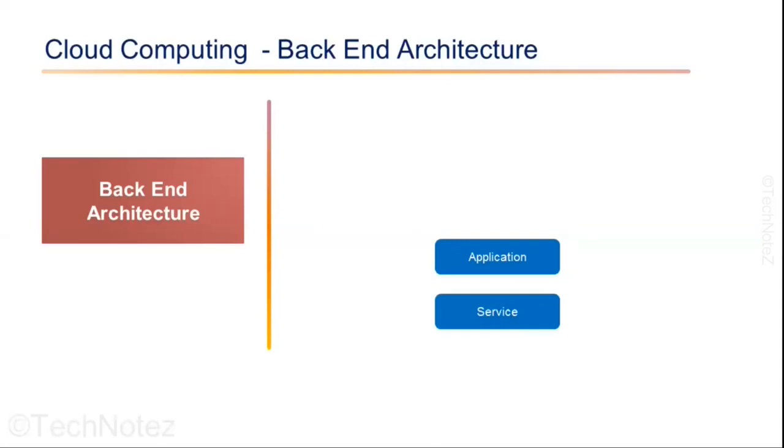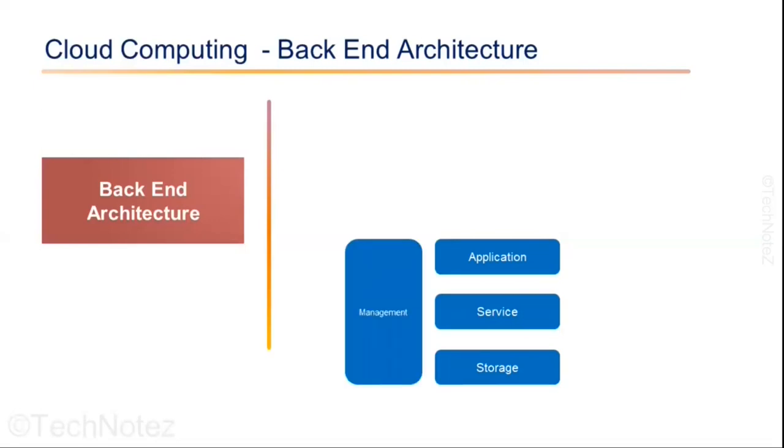Service. Service is an important component of a cloud computing backend architecture. The service handles every task that runs on the cloud. The service component manages which type of service you can access. It may be software as a service, platform as a service, and infrastructure as a service. Storage. Storage in cloud is where your application's data is stored. It provides a large amount of storage capacity to store and manage the data in the cloud.